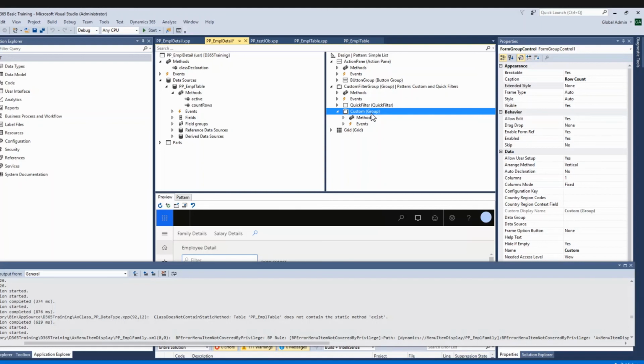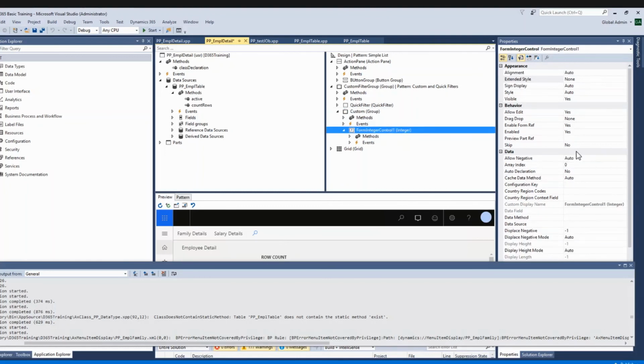I will take one integer type, since our method was of type integer. I will select the data method which I created just now.